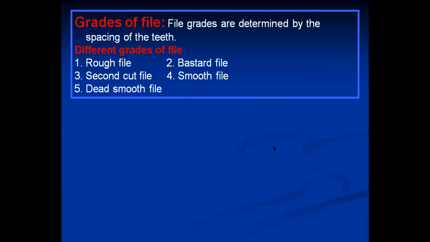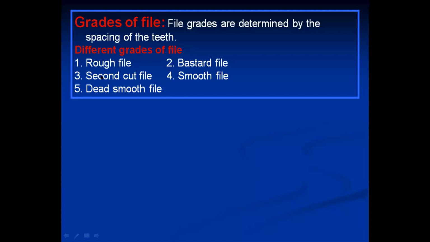Next comes the grades of a file. File grades are determined by the spacing of the teeth. Very simple: the spacing of the teeth in a file, the distance from one tooth to another, or how many teeth are made per inch. So these are the grades of file, just the arrangement of teeth.